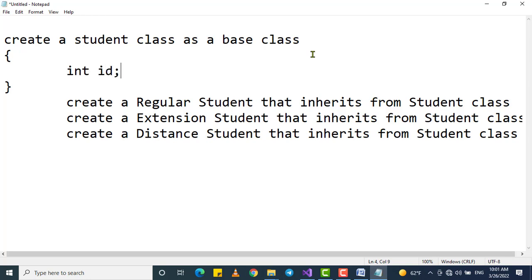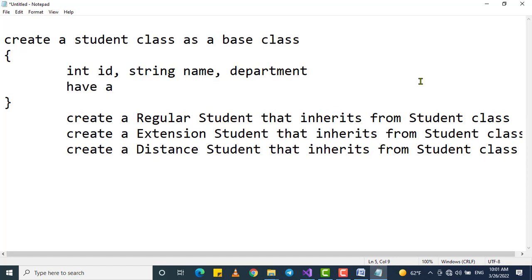Int id, string name, department. Id, string name, department, and yeah, that's all. ይሄ ነው። እነዚህን ክሬት አድርጉና ከዛን አንድ ደግሞ have a function that displays, that prints all information. ኦኬ ይሄኛውን ክሬት አድርጉ።